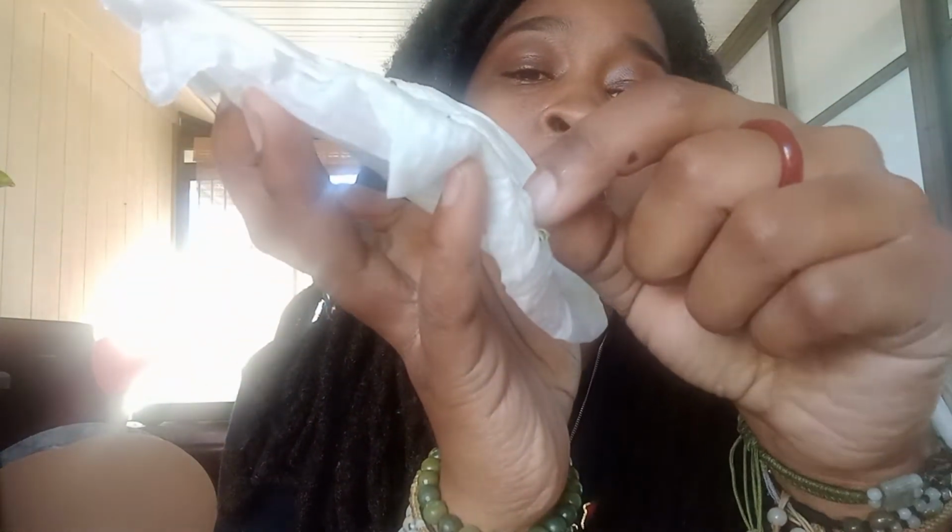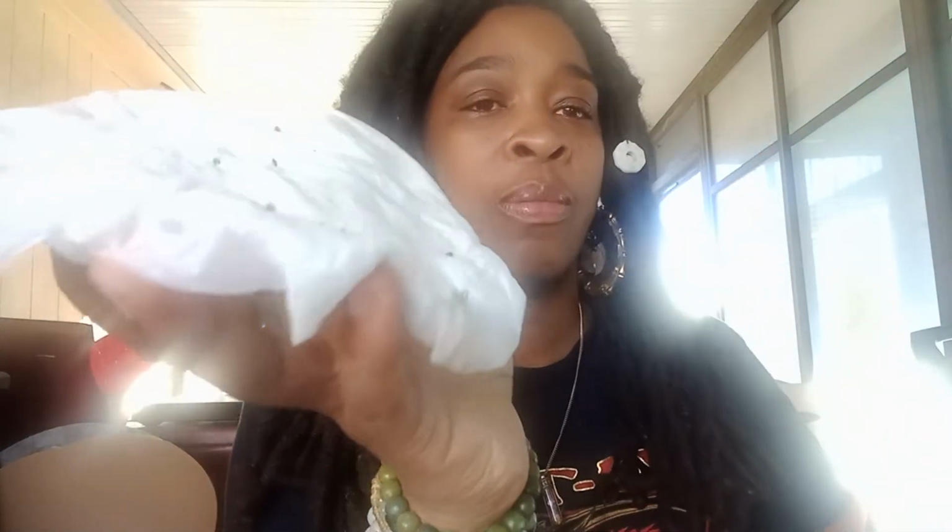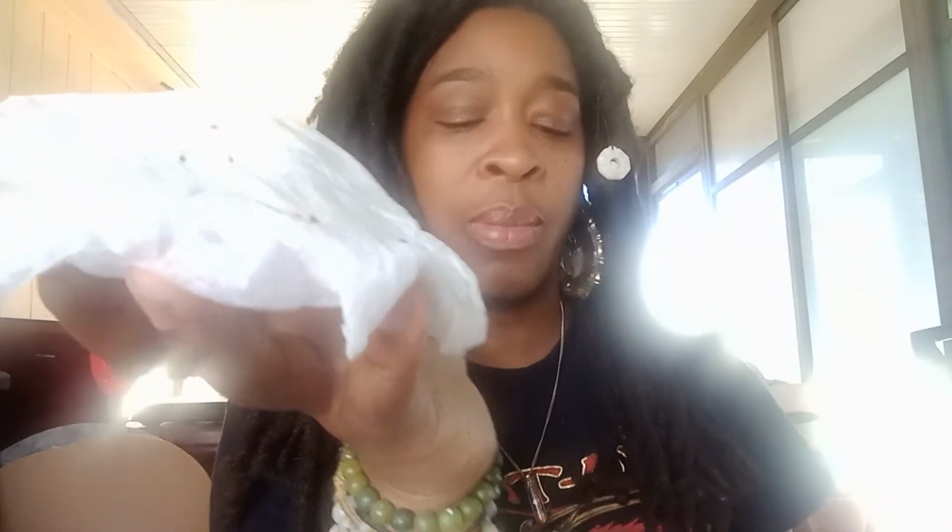Let me see here if I can get one. See that? And they sprout. Just stick it on a paper towel, wet the paper towel, and stick that inside of a sandwich bag. I have plenty. So I will keep you guys updated on how it goes, because I've done this before with